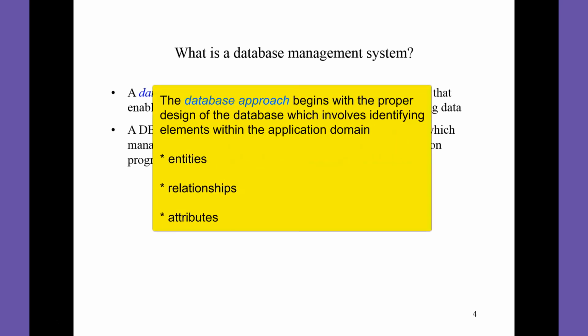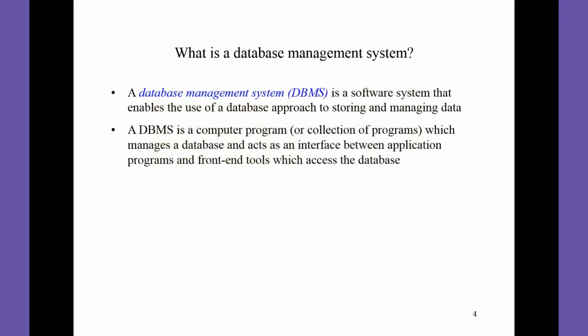The database approach begins with the proper design of the database, and this involves identifying entities, relationships, and attributes for this problem domain. A DBMS is a computer program, or more accurately, a collection of programs, which manages a database